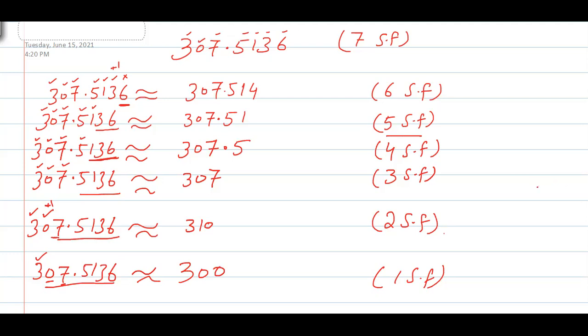Okay? Yes, sir. Can you explain three significant figures again? Yes. For three significant, look, this is the first significant, second significant, third significant. So we just ignored this one. Yes, I made a mistake. Thank you for reminding me. Because the very next one was 5, I should add one here. So it will become 308.